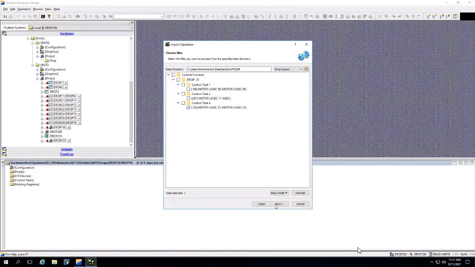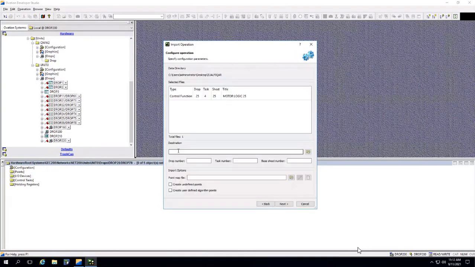Select the sheet, click on next, and for destination, perform the paste operation, the path that you cut in the beginning, Control V. Or you can memorize this path as well: C drive, OVPT SVR folder, system name, network name, unit name and control function folder.